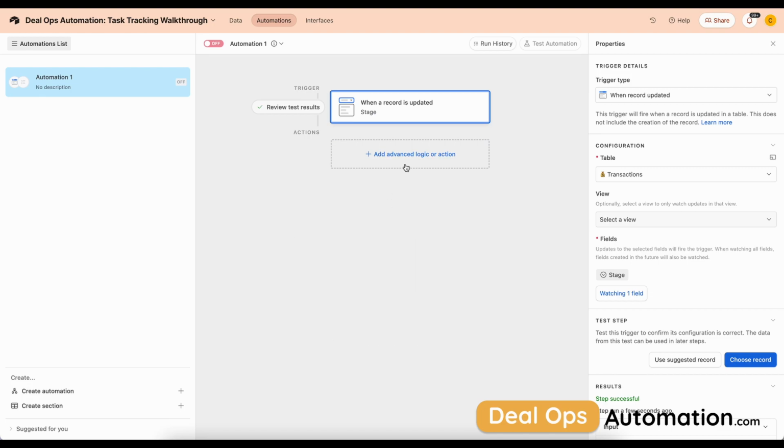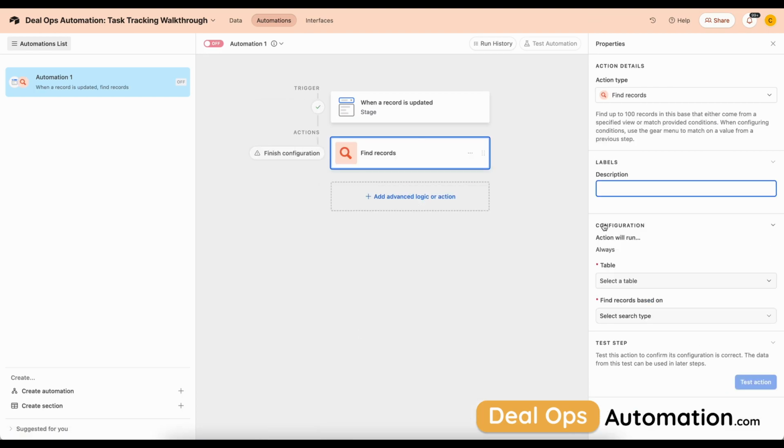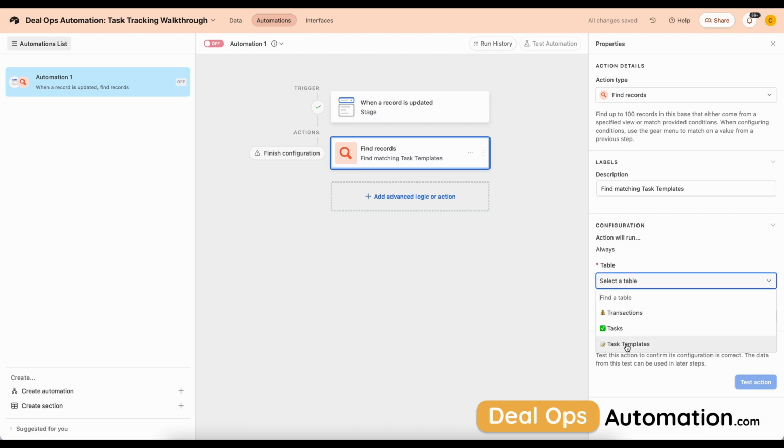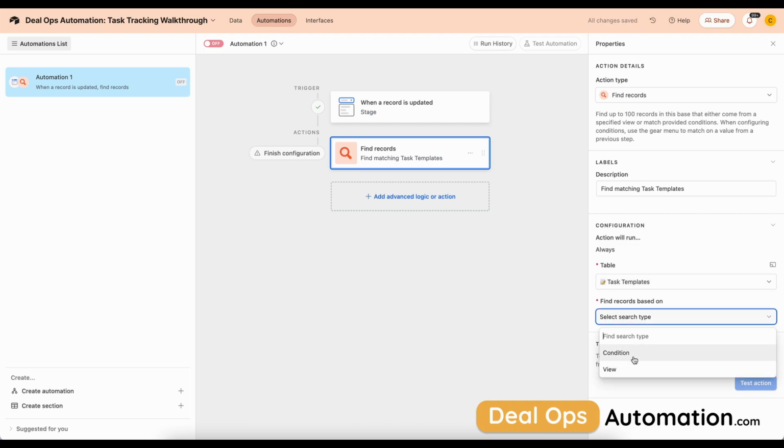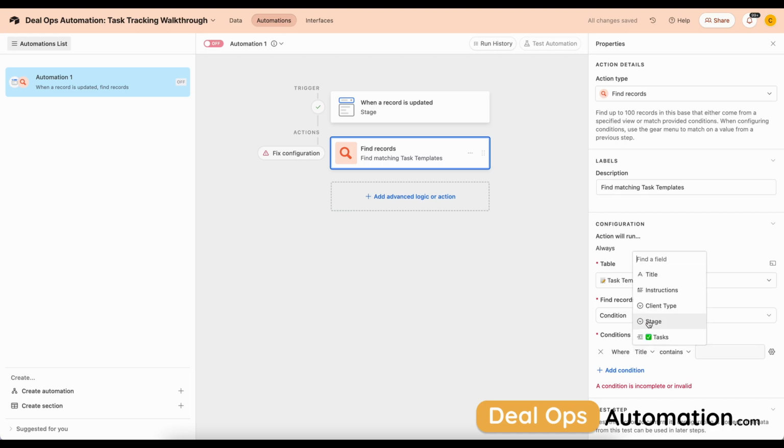Okay, so the first step is to look inside of the task templates table. For this, we're going to go ahead and choose the find records action. Let's give this a description that says find matching task templates. Now we want to find records in the task templates table, and we want to find them based on conditions. Now, the conditions are going to be as follows. We want to find templates where the client type is the same as the client type on the deal that